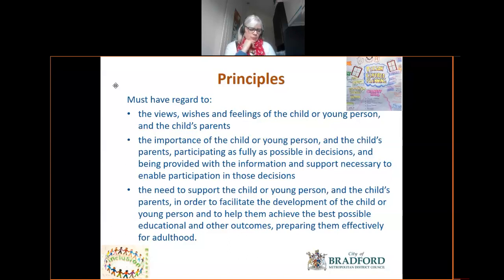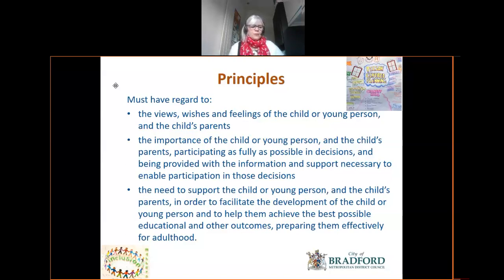Supporting children, young people and their families is also seen as important within the context of preparing them for adulthood. The principles are underpinned by an emphasis on inclusion and also person-centred approaches and planning. As SENCOs, you have a vital part to play in ensuring that your policies and practices within your settings and schools support both of these important agendas. You'll explore these in detail later.